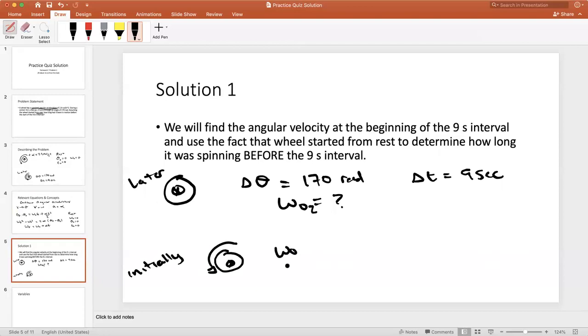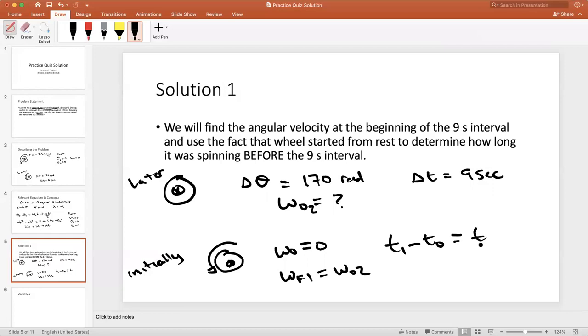So my initial velocity was 0, and my final velocity 1 is going to be my initial velocity 2, the initial velocity when I began measuring the 170 radian displacement. What I want to find is how much time passed from the initial time until I started measuring. So this is what I'm going to call my t. I need to find how much time it was spinning from when it began until when I began to measure